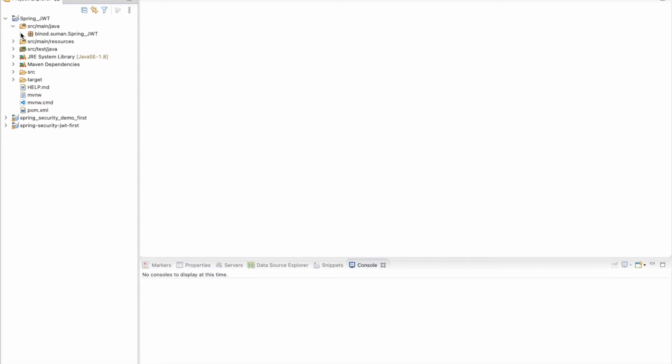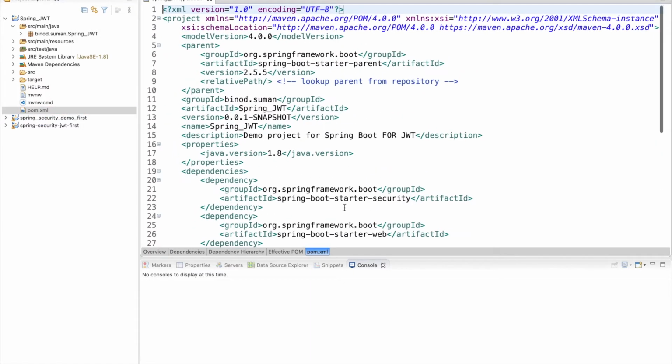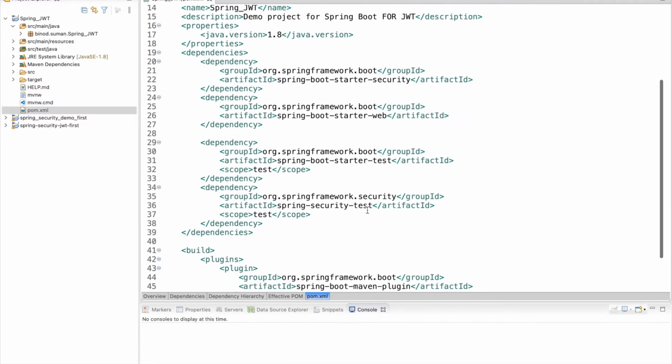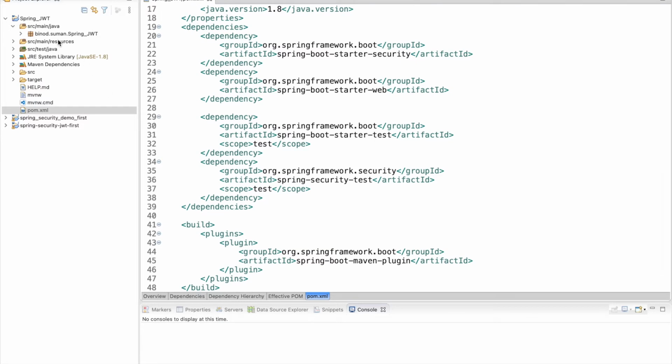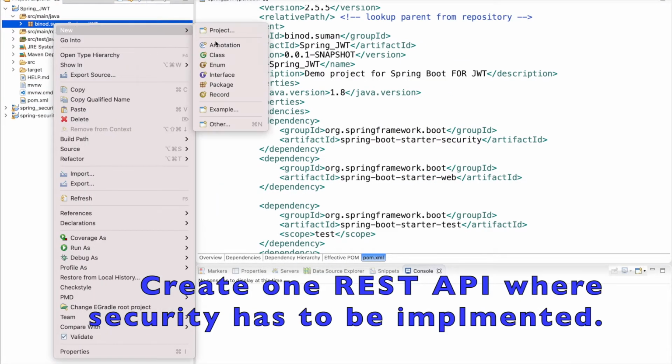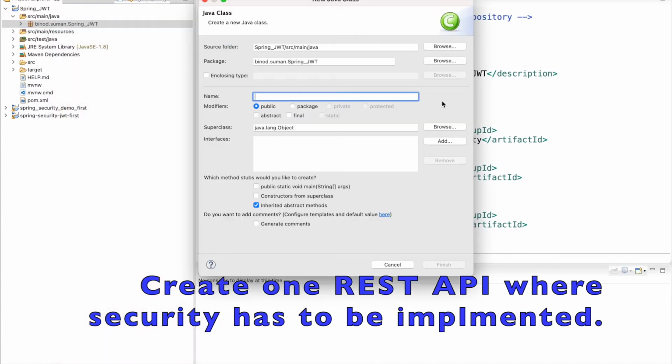So let us start. All the dependencies are already here in pom.xml if you see, so no need to add anything. For the JWT part, I will add two more dependencies, but right now we have everything. Okay, now create the class for what we want to make secure, and give a new package name